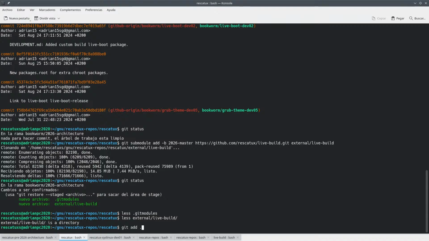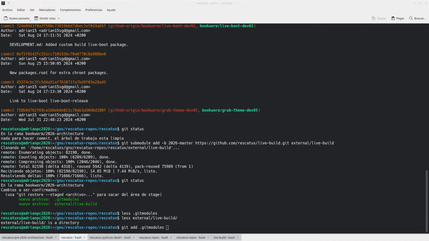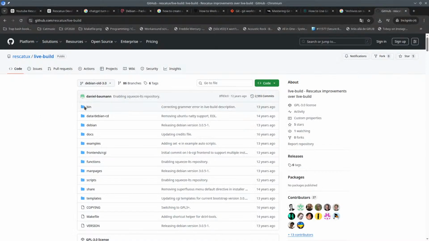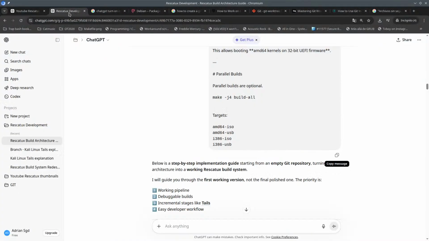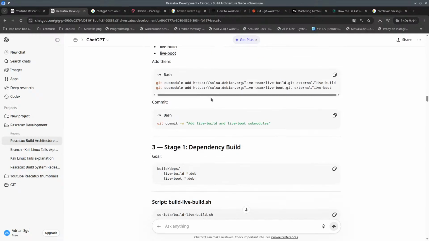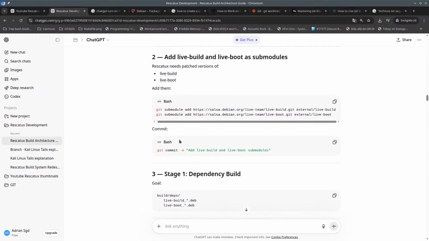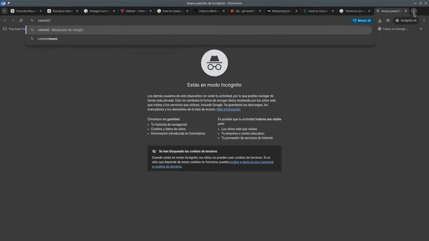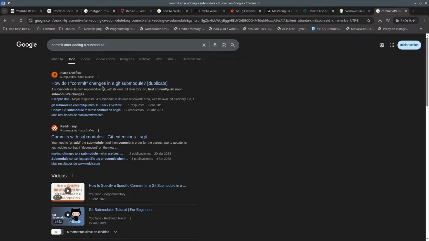So in theory, let me double check what the LLM said regarding all of this, because I'm not sure. So how do you add a submodule? I need to commit something. Commit after adding the submodule. How are you supposed to be doing this? How do I commit it? For the first time,